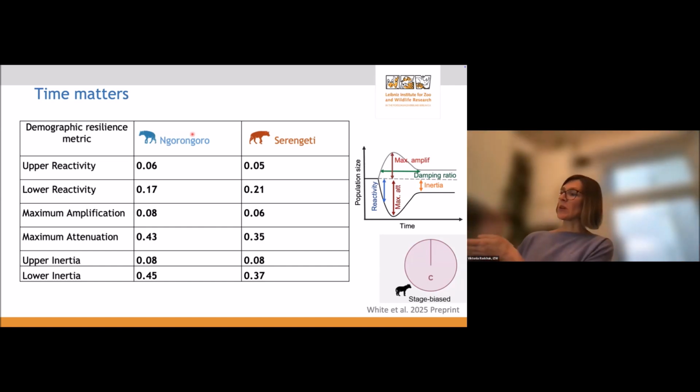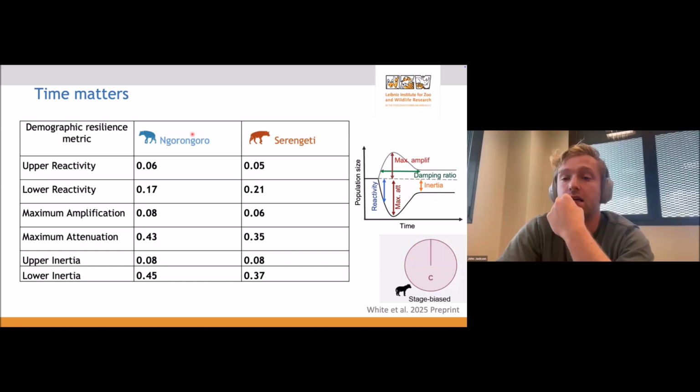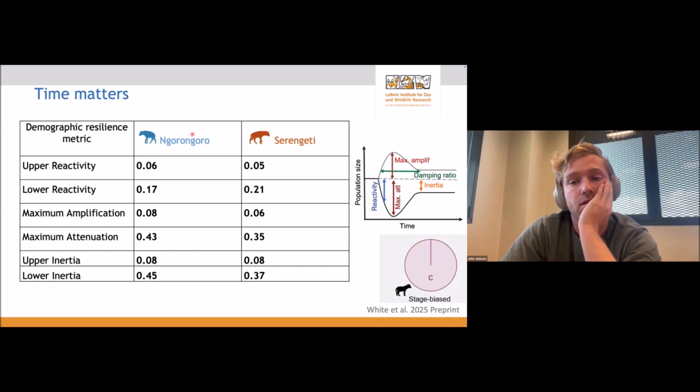But then if you look at the plot, the black line shows the decline and the gray line shows the amplification. So with the stage biased vectors, we measure the whole envelope. We don't have one single metric and one single point that can be compared to the time constant approach, if that makes sense.